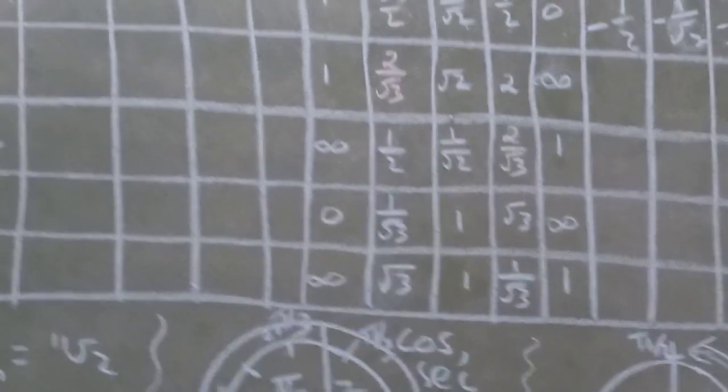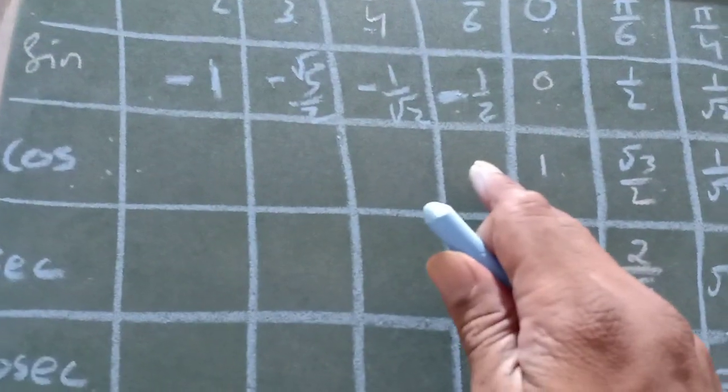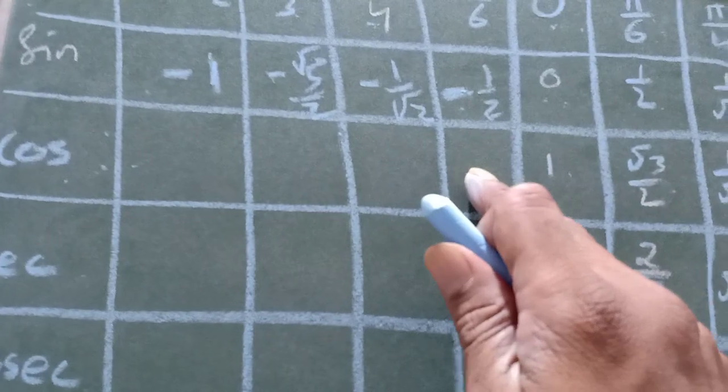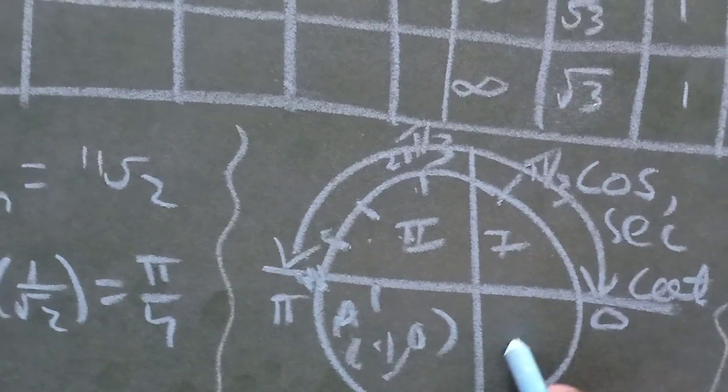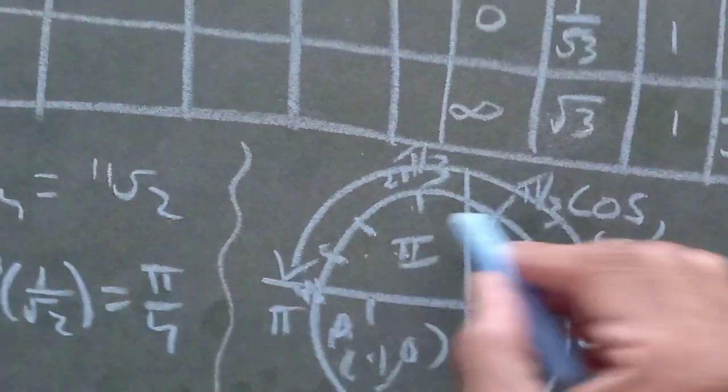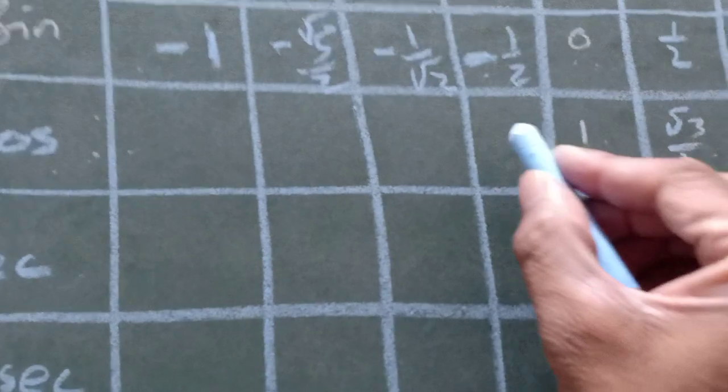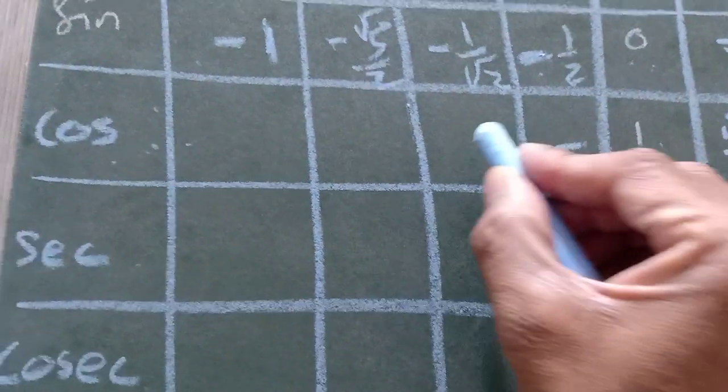Okay, so now in the fourth quadrant, if the values are in the fourth quadrant, then we have to bring them into the first and second quadrant, because in the fourth quadrant the cos function is not one-one onto. In the fourth quadrant the cos function is not one-one, so we have to bring it into the first or second quadrant. So these values we are not bothered about here, we are not thinking about these values.